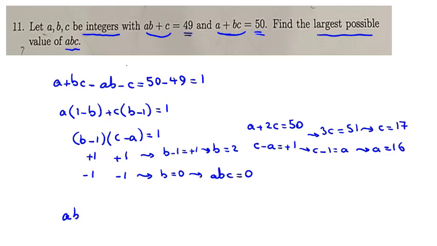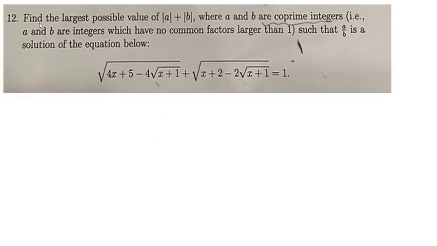In this case, a, b, c will be what? A is 16, b is 2, and c is 17. If you multiply, it will be 544. Okay. Problem number 12, find the largest possible value of absolute value of a plus absolute value of b,